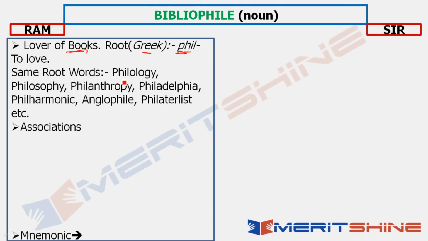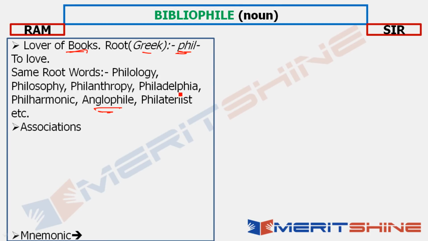And you have so many words with this root. Like philology, which means love of language or words. You have philosophy, love of wisdom, philanthropy, love of mankind, Philadelphia, city of brotherly love, philharmonic, love of music or harmony, Anglophile, admirer of British culture,